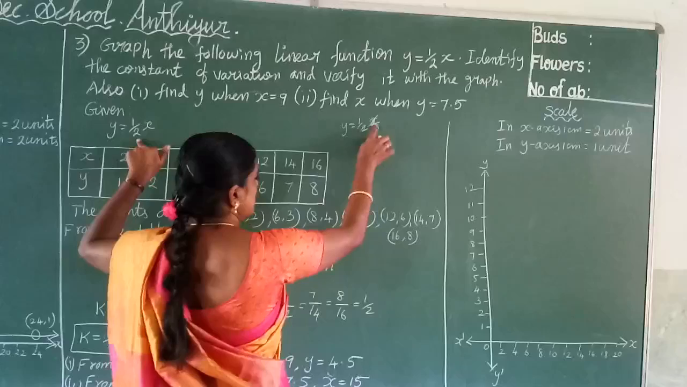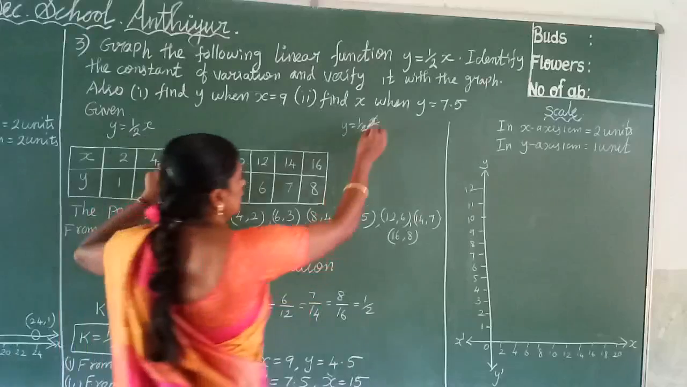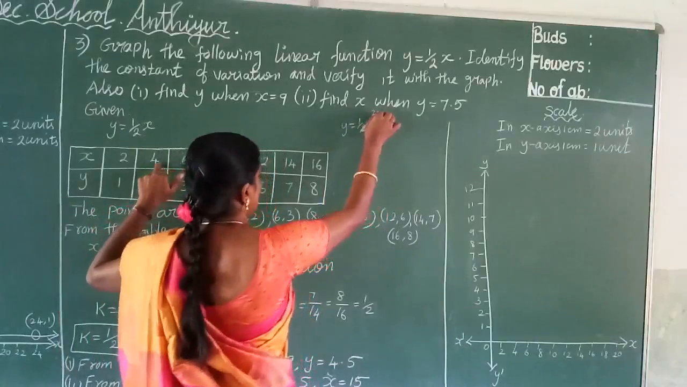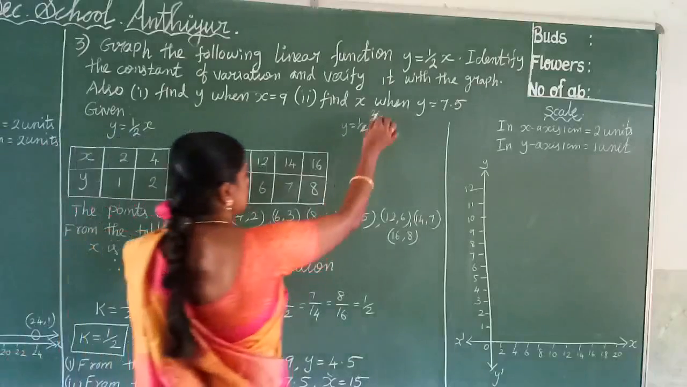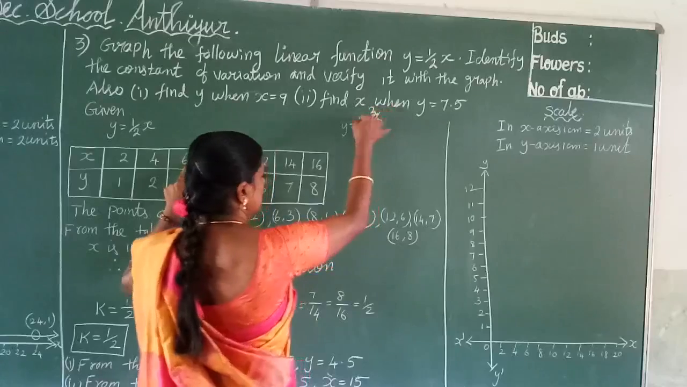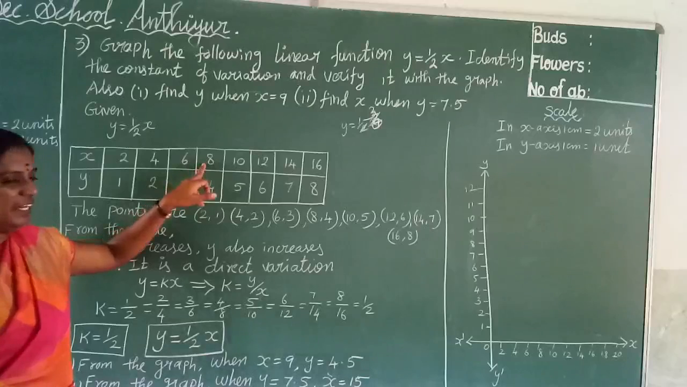2 to cancel, so y answer is 1. For x we take 4, y is 4/2, which is 2. Then for x we take 6, y is 6/2, which is 3. For x we take 8...